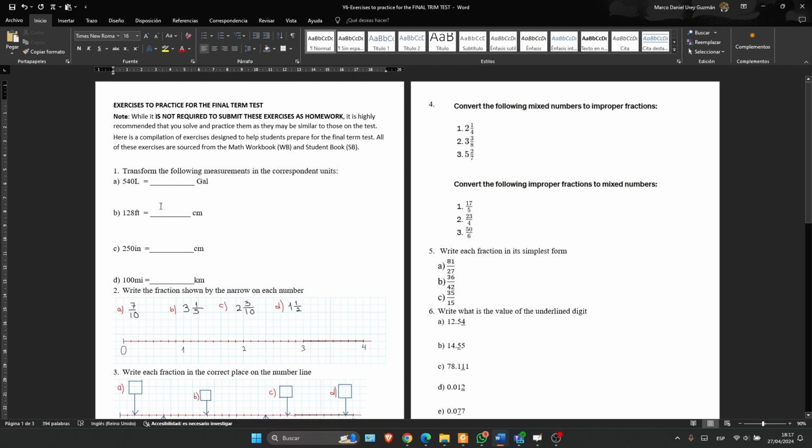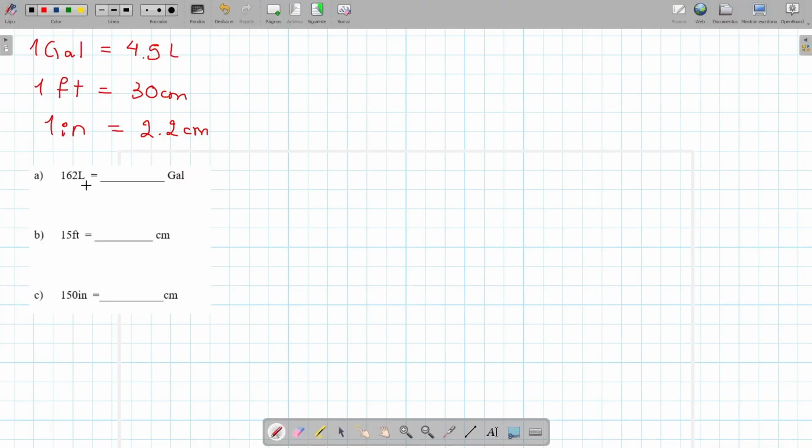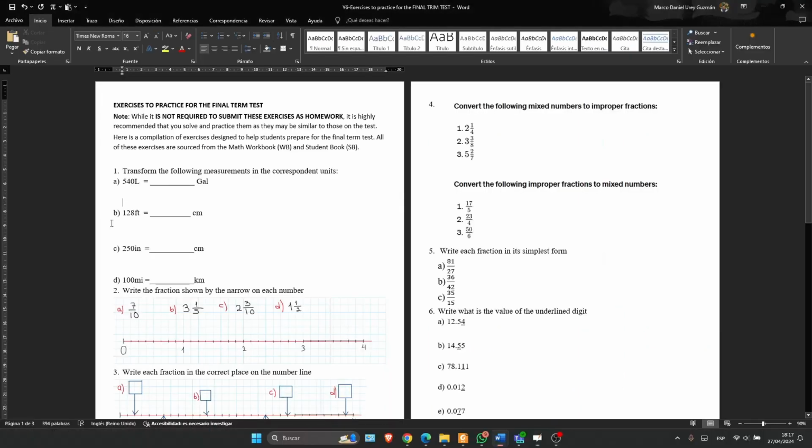And second, I would like to point out that some of these exercises are not the same as the ones we are going to solve together, because these ones we are going to solve together. For example, these ones you are going to solve by yourself. So